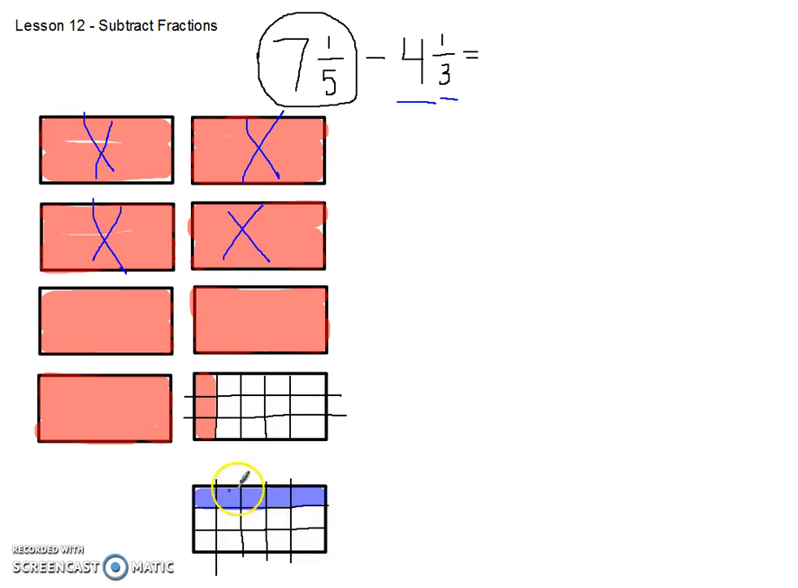And I know that I'm going to be taking away these blue ones from up here in my 1/5. So I'm just going to start taking them away. So I take 1, 2, and 3. What I realize here now is that I still have to take away 2 parts, but I don't